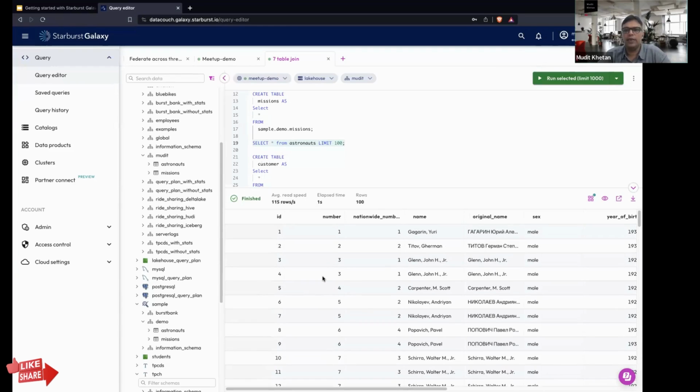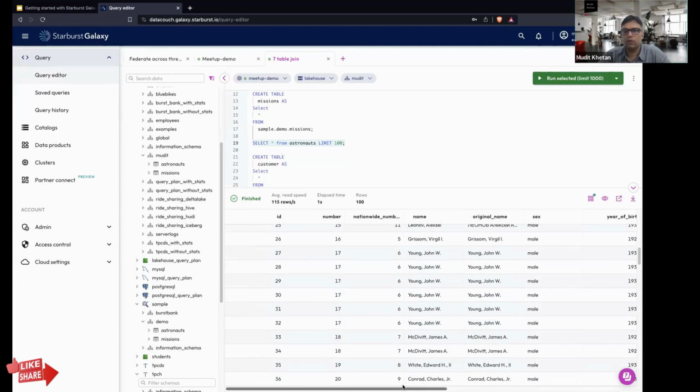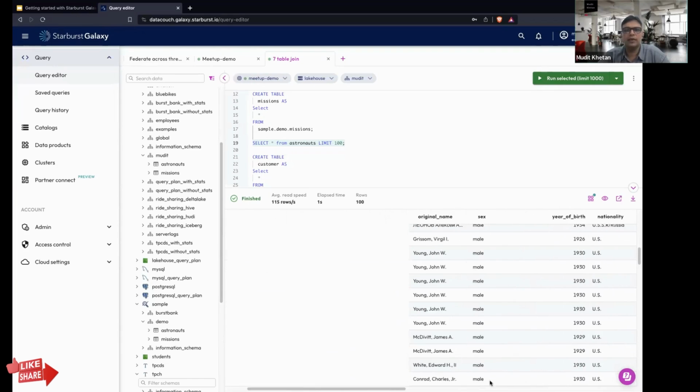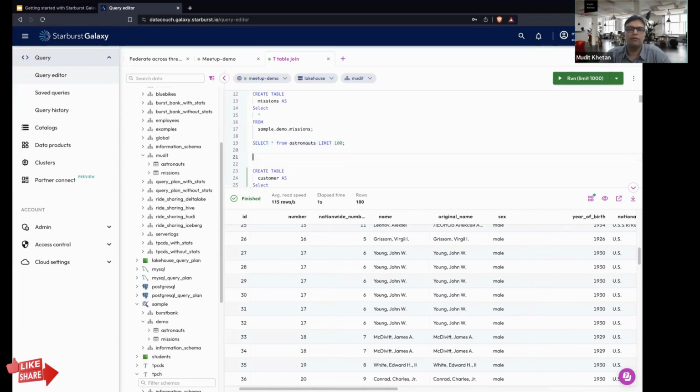So it is going to give me the names of the astronauts in specific details, all the columns that are there for this. Let us run a query for the missions table.